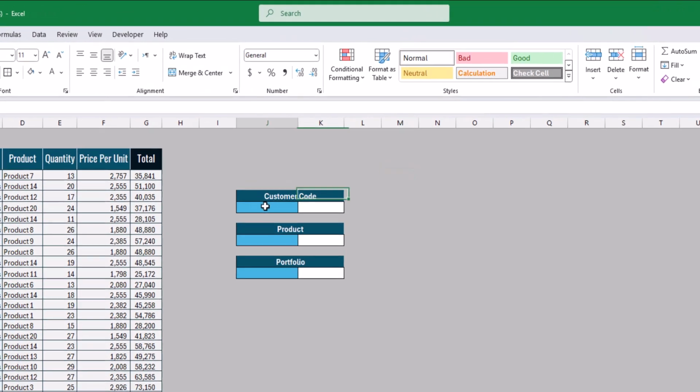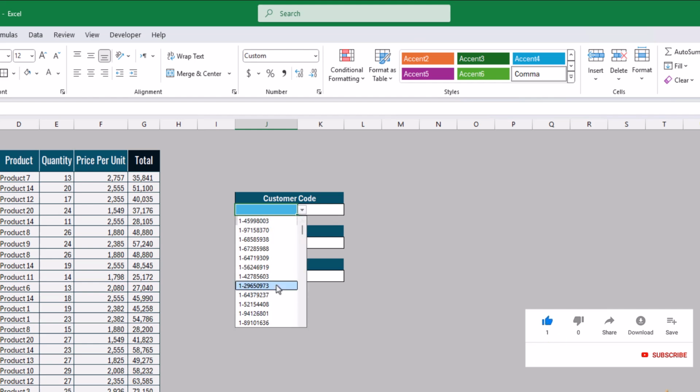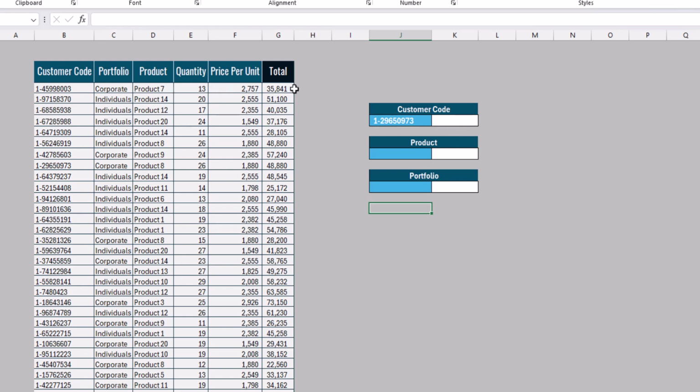If we have here a drop-down list for a customer code, we can choose any of the customer codes we have in this table. And all we need is to sum up whether the quantity, price per unit, or total, or any numeric values in a specific range based on this customer code. What actually do we need to do? All we need to do is to select the cell we need to put our formula in and start typing